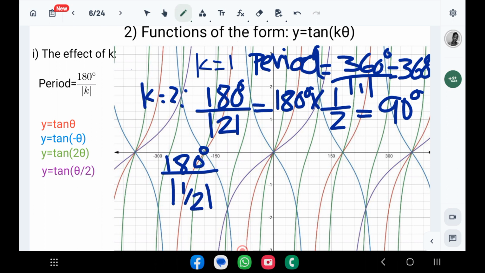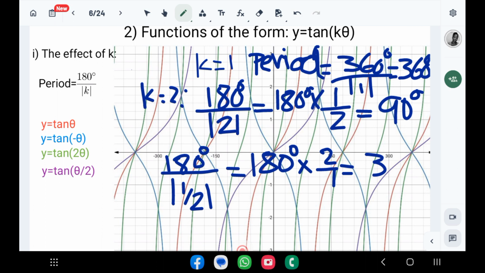Theta over 2 means 1 over 2 times theta. It means exactly the same thing. So that will be equal to 180 degrees multiplied by, you flip the fraction upside down, so that becomes multiplied by 2 over 1, and that becomes